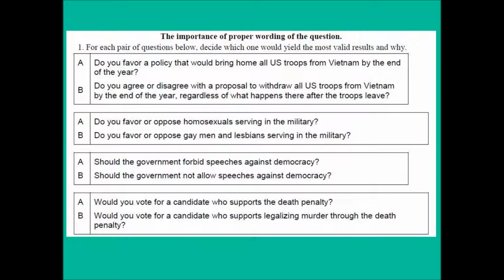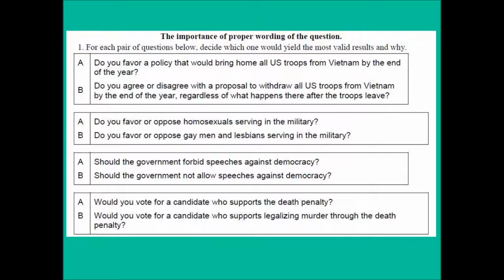Similar kind of situation in the next set of questions. A group of people was asked this question: do you favor or oppose homosexuals serving in the military? A different group of people was asked more or less the same question, but with different words: do you favor or oppose gay men and lesbians serving in the military? The first version of that question got more oppose